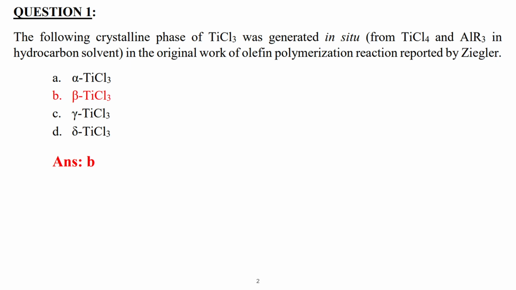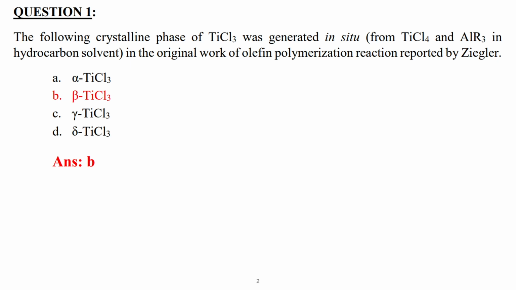So, in the first question, it is asked that a crystalline phase of TiCl3 was generated in situ from TiCl4 and aluminum alkyl groups in a hydrocarbon solvent. So, in the original work on olefin polymerization reported by Ziegler, they wanted to know what kind of TiCl3 Professor Ziegler used for his catalysis to make that polyethylene type polymer. So, this is a part of Ziegler-Natta